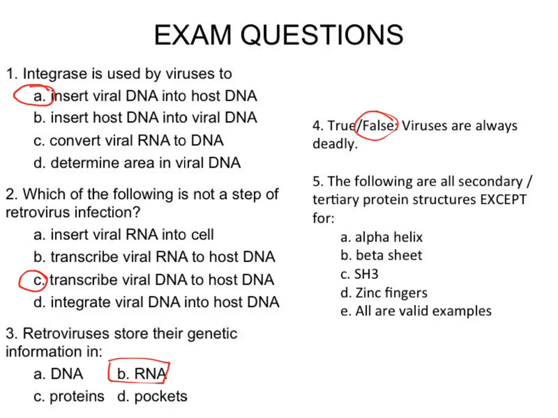The following are secondary or tertiary protein structures, except for... And I think I can already tell you that if I use this question, I'm going to change that to motifs. Except for... all are valid examples. So your alpha helix and your beta sheet are the standard ones that you've already seen. The SH3 and the zinc fingers are the new ones, or new bonding motifs that we hadn't talked about before, but show up in the integrases. Okay? If you've got questions about